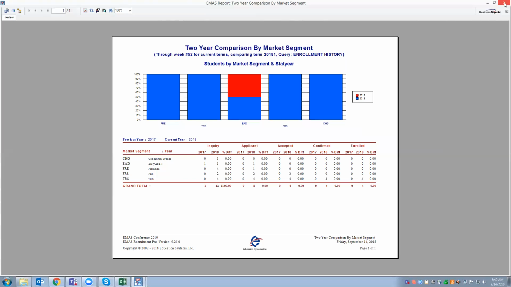So if you ran your week 52 weekly history maintenance today, it would get all the counts situated for anybody who's moved up to a stage 600 as of today. They would be included in your report. But if you ran the same report next week and you got more stage 600s, those wouldn't be counted unless you ran the week 52 history maintenance again to recount everybody because now you've got more people. The end of the statistical year is the only time you would run a week more than one time.